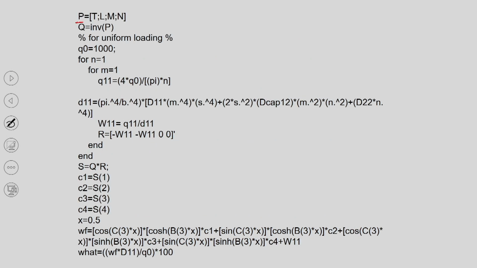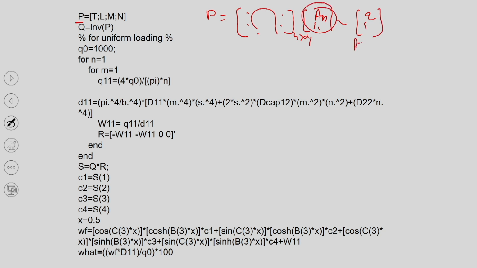Now a matrix P will contain all the coefficients, a 4 by 4 matrix, and ultimately the solution is that into A1, basically An, Bn and so on, and the load vector. So basically this can be found with the inverse of the matrix P. So we have obtained Q, the inverse of P.